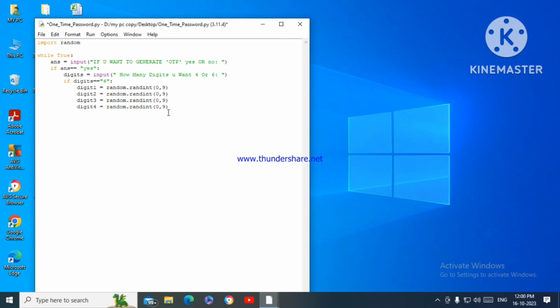Now let us print digit 1 plus digit 2 plus digit 3 plus digit 4. Here we have to consider another thing: the random.randint(0, 9) will give an integer value. If we print digit 1 plus digit 2 plus digit 3 plus digit 4, suppose the random values are 2, 3, 4, 5, then it will add 2 plus 3 plus 4 plus 5. So I want to show the values side by side, so I am changing the integer value to